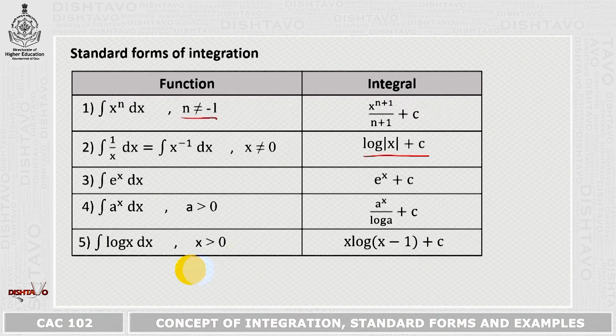So I'll compare this to the standard forms. We have the fourth one over here, which is similar to the fourth problem. That is a raised to x, where a is a number which is greater than 0. It should be a number or a constant which is greater than 0. And the integral of that is, you should write the same term. If this is the term, then it will come in the integral. So we write a raised to x divided by log of a. So log of the number. And add c to that.